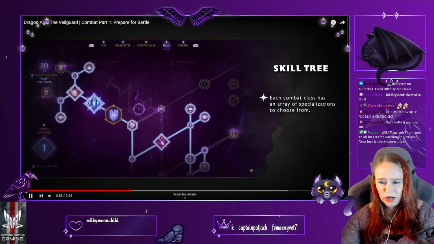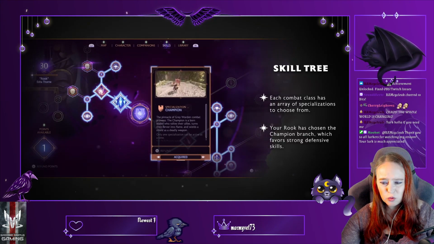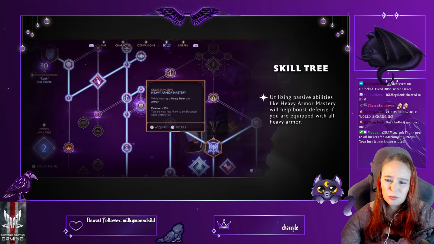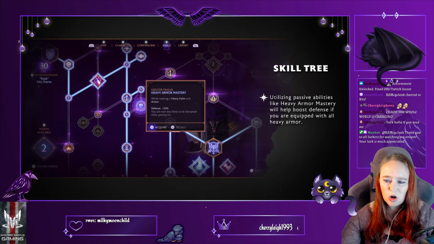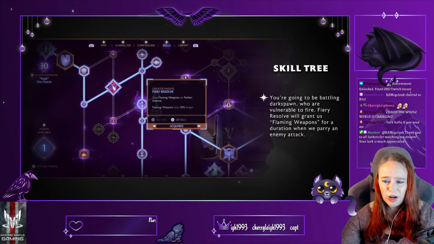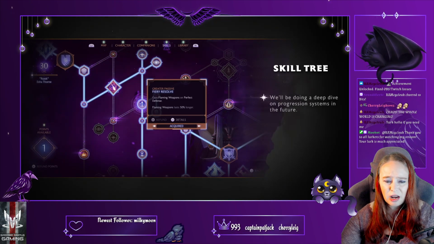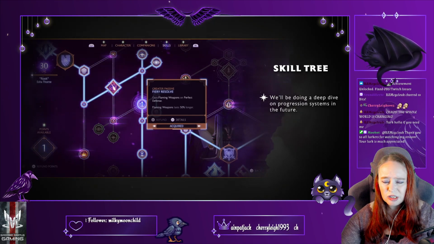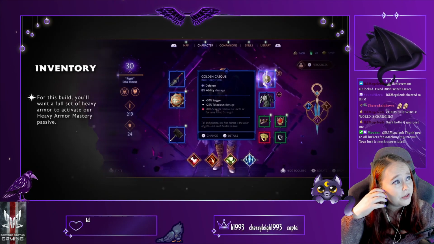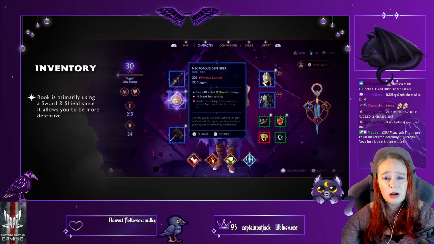Each combat class has an array of specializations to choose from. Champion. Your rook has chosen a champion branch which favors strong defensive skills. Utilizing passive abilities like heavy armor mastery will help boost defense if you are equipped with all heavy armor. You're going to be battling Darkspawn, who are vulnerable to fire. Fiery Resolve will grant us flaming weapons for a duration when we parry an enemy attack. We'll be doing a deep dive on progression systems in the future. Oh, okay. Well, hopefully. We got a little less than 2 months, so hopefully Bioware is like...